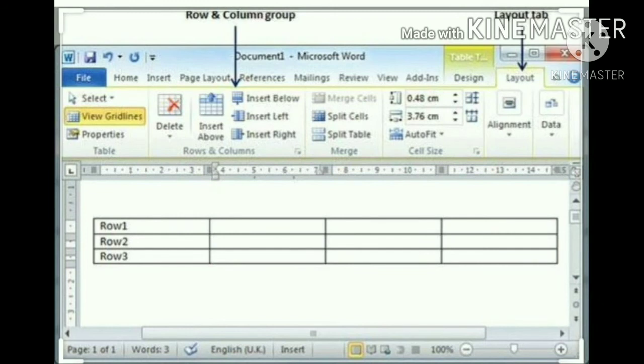Inserting a new row in a table. To add a row to a table, follow the given steps. First, place the cursor in the table where you want to insert a row. Second, click the Layout tab. Third, click Insert Above or Insert Below from the Rows and Columns group. A new and empty row is inserted. You see there are three options there. Take one, you click and the row is coming. Okay, in your